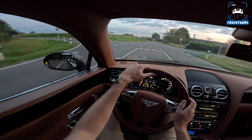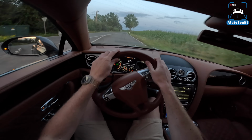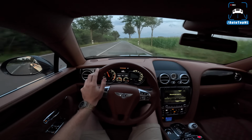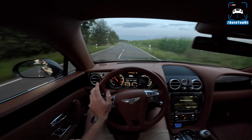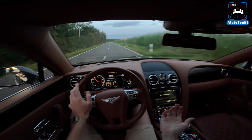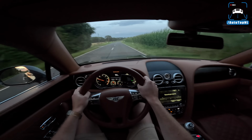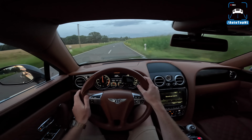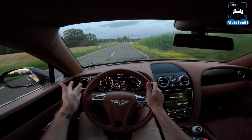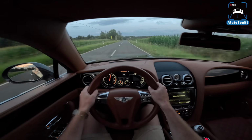So what is it like to drive this big Bentley boat? On the B road? Well, don't expect too much from it. That is basically my takeaway. The gearbox, even though it's a ZF 8-speed, is like a very early version. It's very laggy. It does not respond to your foot input as well as you might think. The pedals, they work fine. Kind of a sick delay there, but